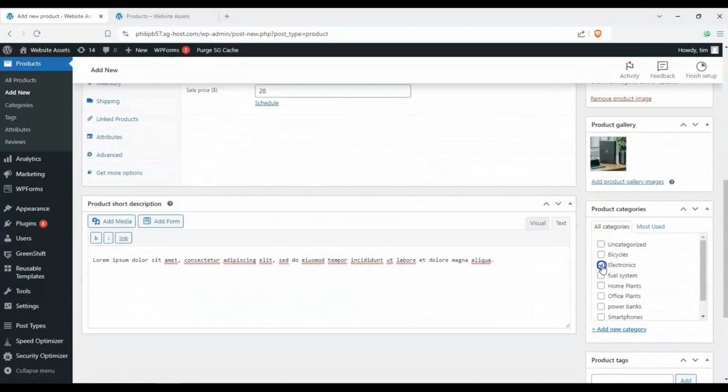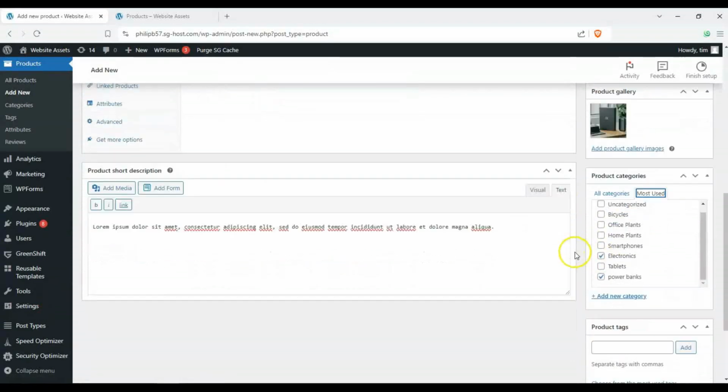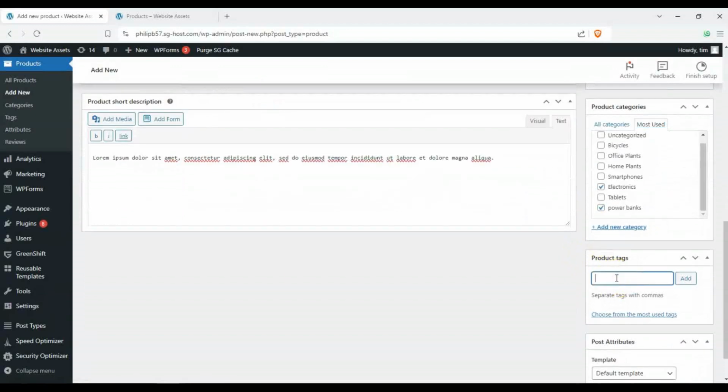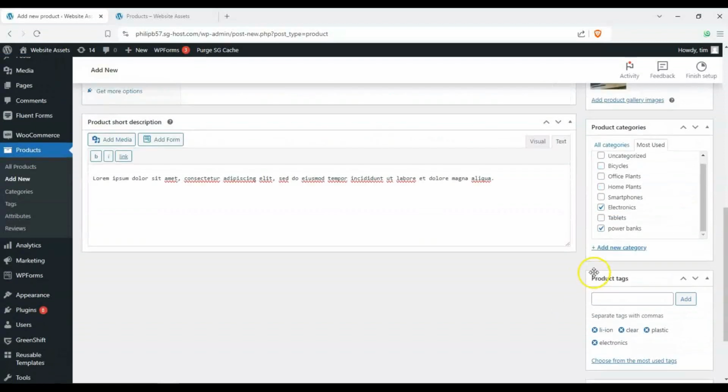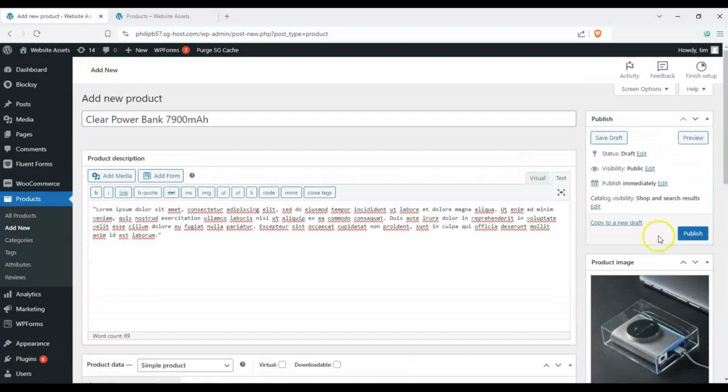We can also put this into one of our other categories. Okay, and excuse me, we can have tags. Here we can have lithium ion, hit enter, clear, plastic, electronics, and so on and so forth. And we have a bunch of different templates here, but we don't need to worry about those unless you're using GreenShift. Okay, so we can click on publish, and once we're done, we can go ahead and go to our